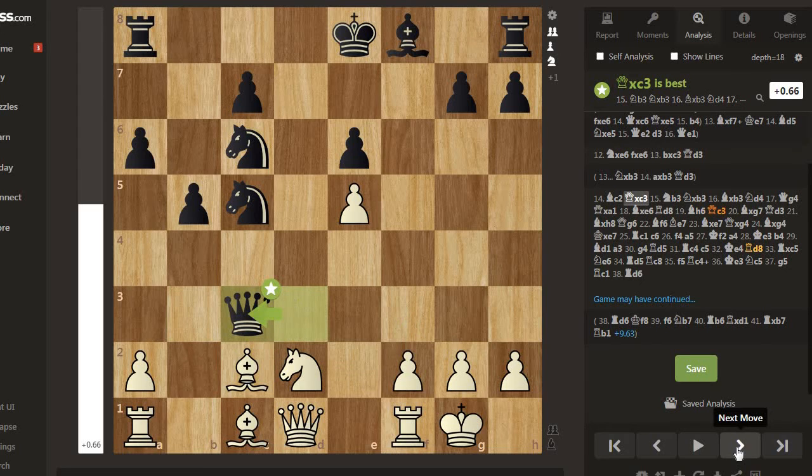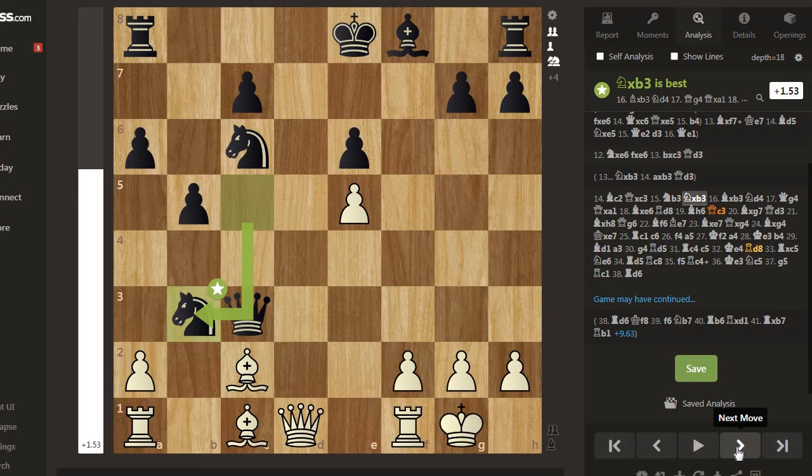And after queen takes c3, Anand followed his own preparation here, and after knight b3, this seemed to catch Anand by surprise. Kasparov sacrifices the rook at a1 for a fierce attack. And after knight takes b3,